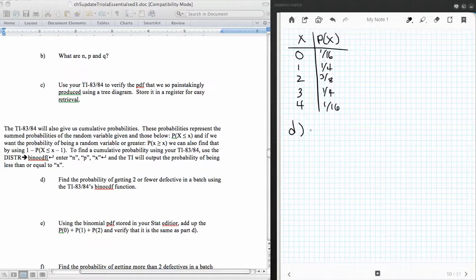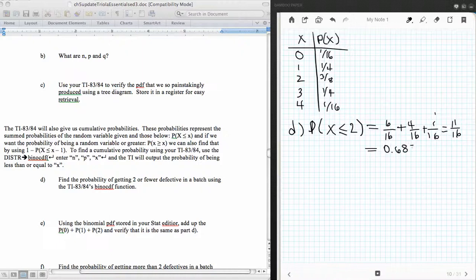So part D of this question says, find the probability of getting 2 or fewer defective in a batch using the binomial CDF function. Well, we're going to use our probability here to do this. So this is the probability of getting less than or equal to 2 defectives. So what we would get here is 3/8 plus 1/4 plus 1/16. So that is 6/16. 3/8 is 6/16 plus 4/16, that is our 1/4, and then plus 1/16, and that's going to give us our probability. And 6 plus 4 plus 1 is 11/16, and 11/16 is going to simplify to a decimal,